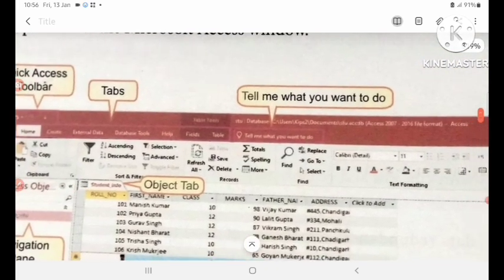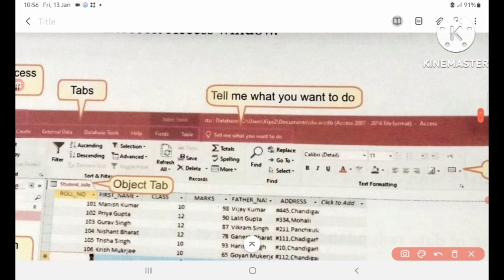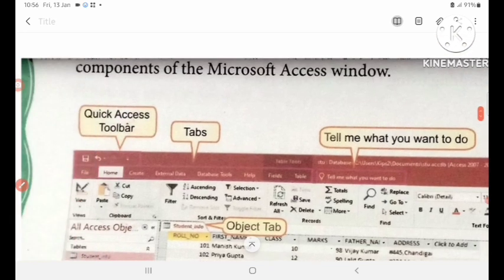Children, the top bar of the MS Access screen, this is the top bar. It means this is the title bar. Title bar shows the document name. You can see here the file name, document name, and so this is the title bar. It is located at the top of the window.